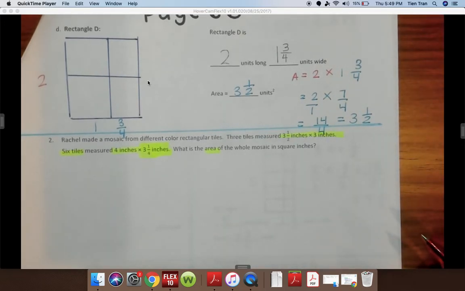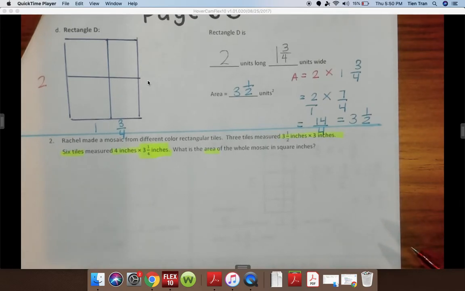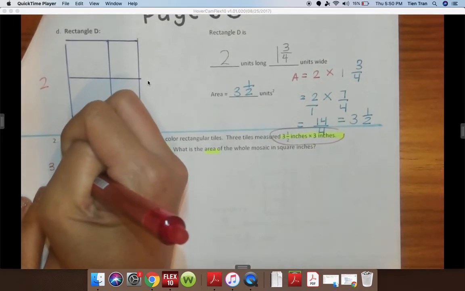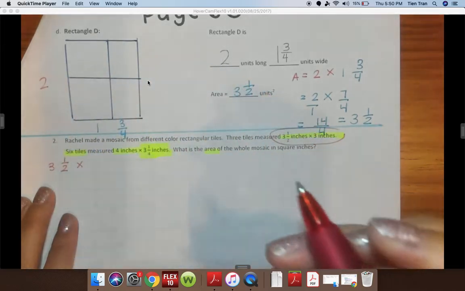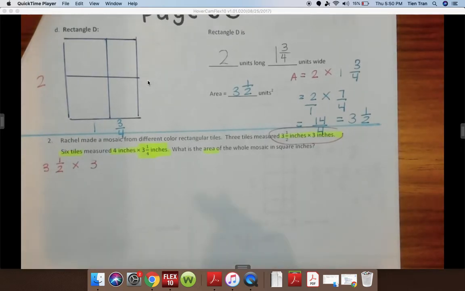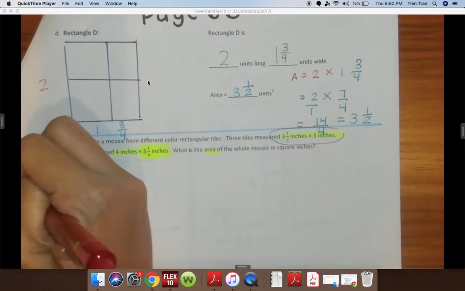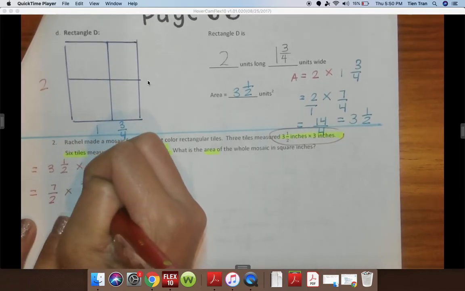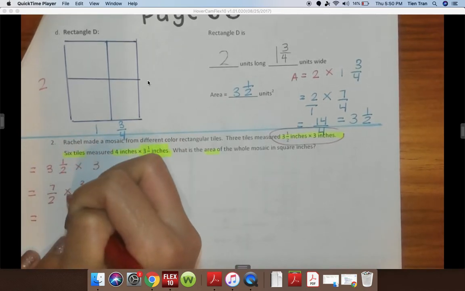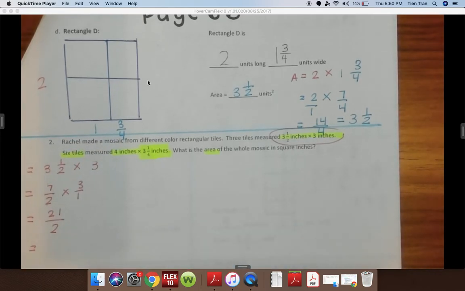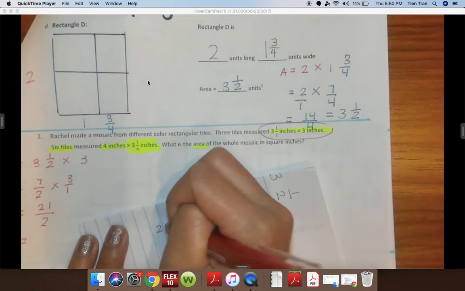So the first thing I'm going to do is I am going to multiply 3 1/2 times 3. So I'm going to write that right here, 3 1/2 times 3 inches. Okay. I know that 3 times 2 is 6, plus 1 is 7. So I have 7/2 times 3 over 1. 7 times 3 is equal to 21, and 2 times 1 is equal to 2. I have 21 divided by 2, and I'm going to show you on my scratch paper how I did that. So I have 21 divided by